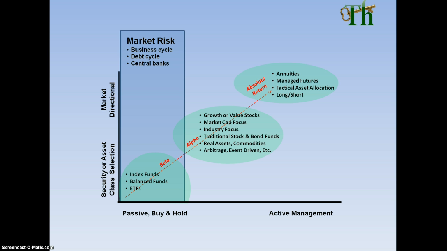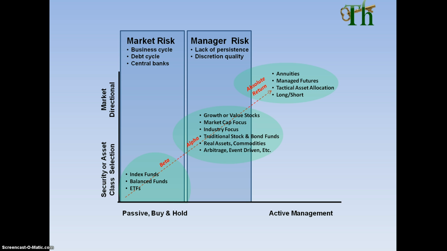Market risk is taken by seekers of beta and it's macroeconomic in nature, and it's increasingly impacted by the political influences on central bank policies. Manager risk, assumed by seekers of alpha, is idiosyncratic and quite variable. Model risk, taken by seekers of absolute return, can be very hard to ascertain, but should rely upon lengthy histories of successful implementations. Let's take a look at each.